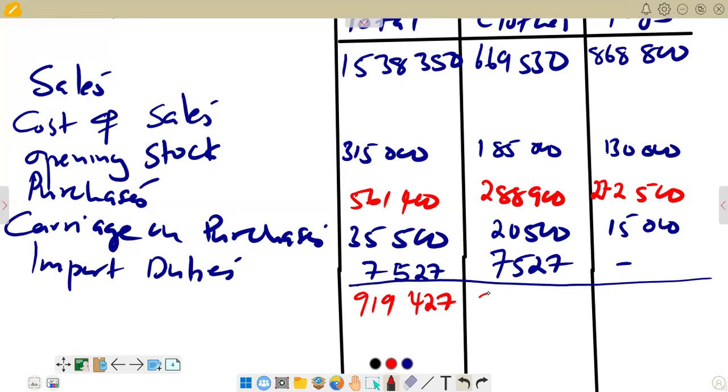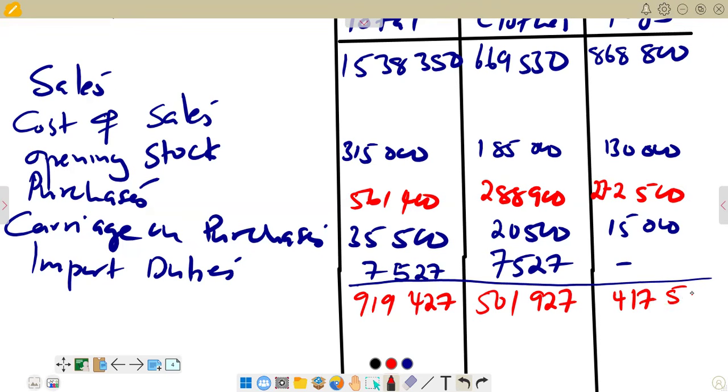We are going to get 501,927. And then you add in the last column 130,000 plus 272,500 plus 15,000, and the total that you are supposed to get here is 470,500